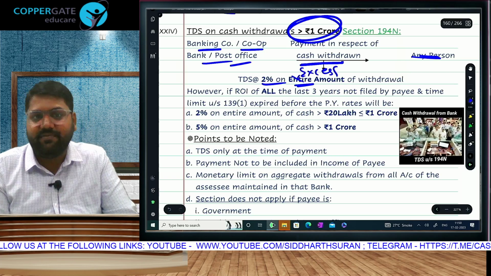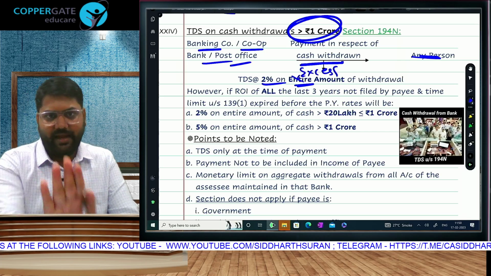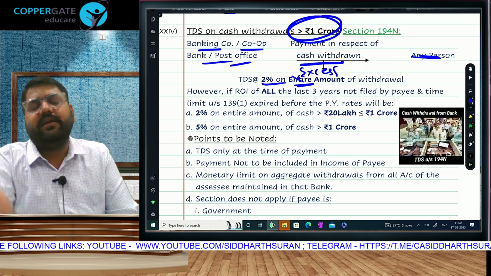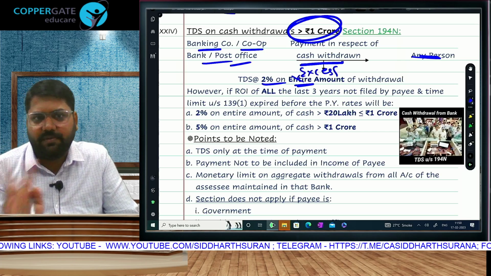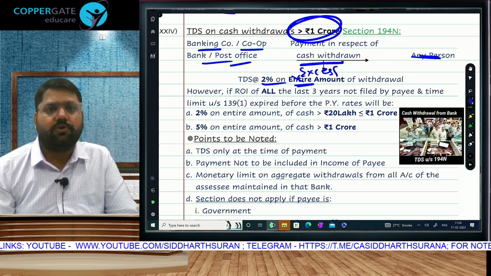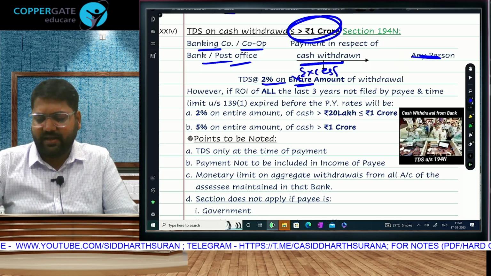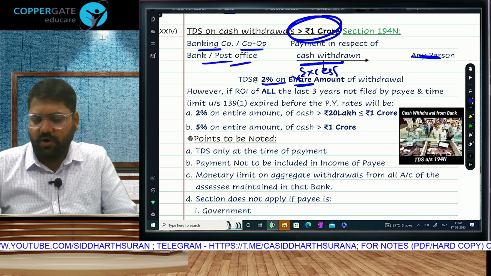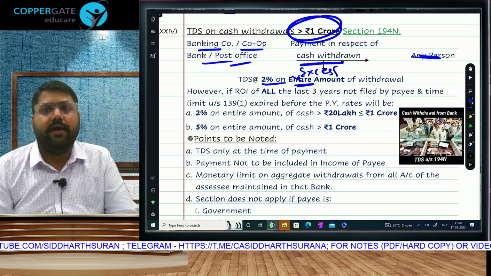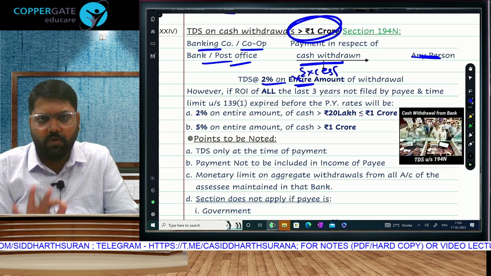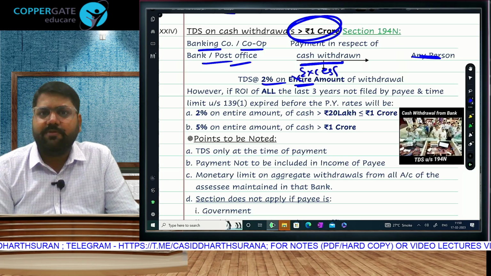I stick to what I have written in my book. But strictly going by ICAI answers, we will deduct TDS on the excess. In MCQs also, you modify the answers according to this. Let me be clear. I am going here with ICAI's answer, and as per ICAI's answer, we will be taking it on the excess over 1 crore, not on the entire amount. I am modifying my book only to respect ICAI because the law is not clear.